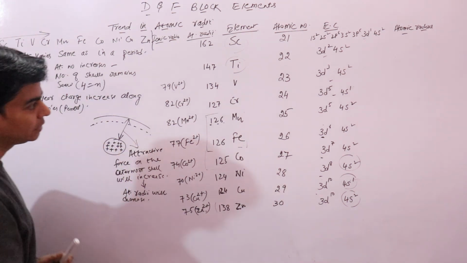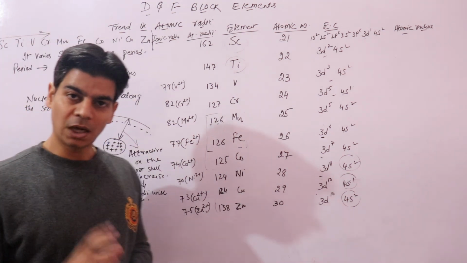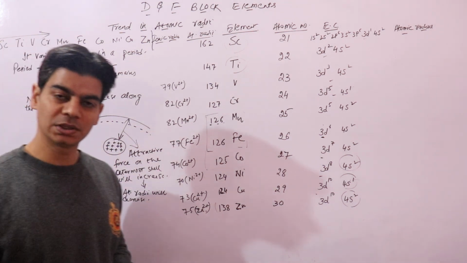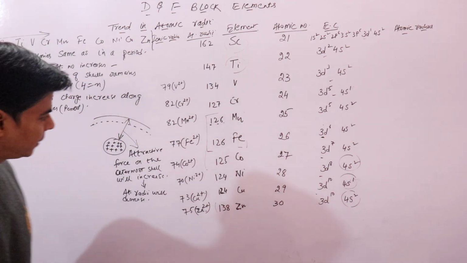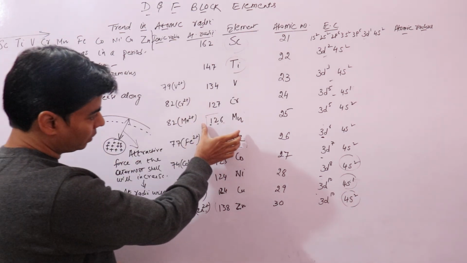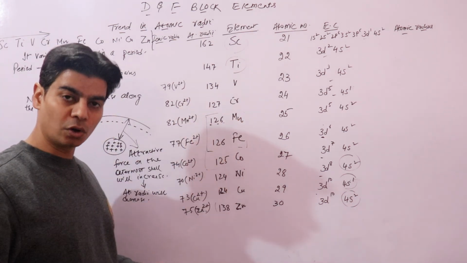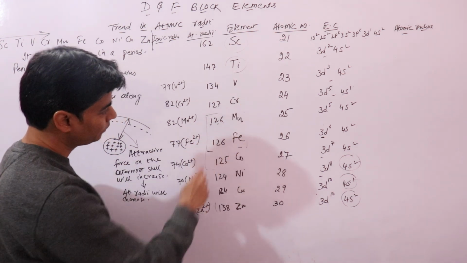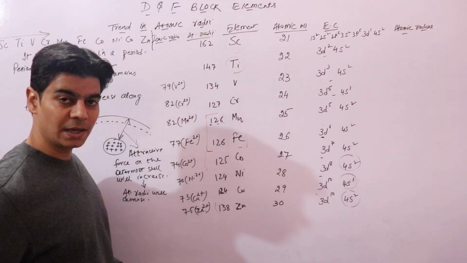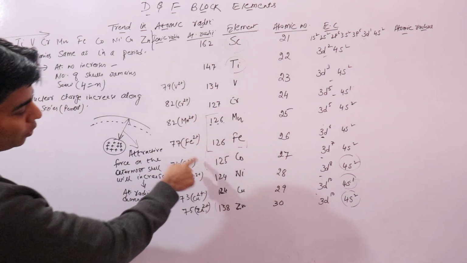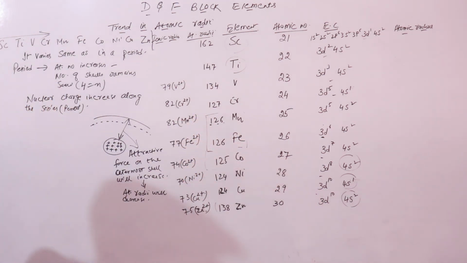These d electrons increase, due to which the attractive force due to the nucleus decreases. This attractive force decreases, right? Due to which your atomic radii almost doesn't increase from manganese to iron, right? And then it decreases very little from chromium to manganese to iron to cobalt, you can see, to nickel. It decreases very little, right?